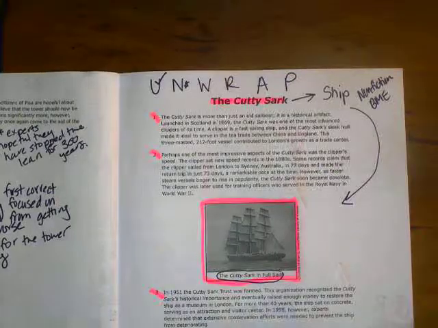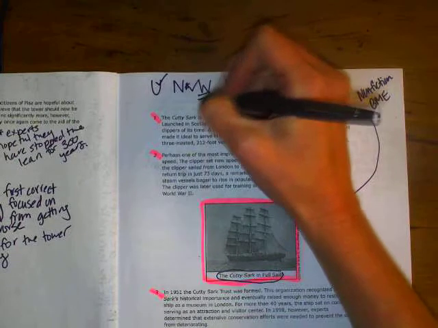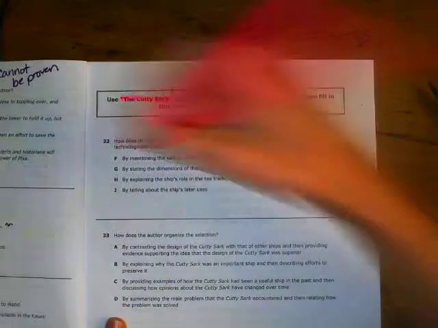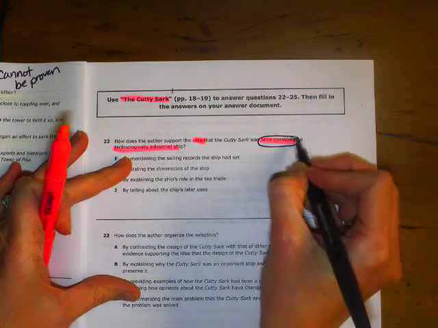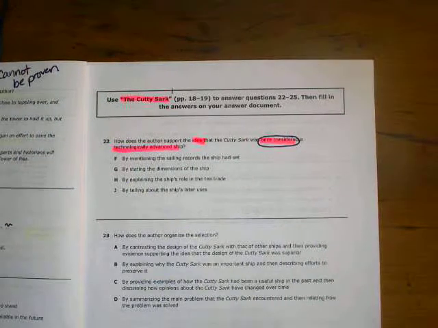So here we go. The Cutty Sark, we numbered, we did our BME. Now we're going to write the questions in a way we understand them. So I've already done my reinforcing the past questions. Now I'm here for my Cutty Sark questions. How does the author support the idea that the Cutty Sark was once considered a technologically advanced ship? So once considered. That makes me think that this ship is pretty old. Okay? So for number 22, I'm going to say,